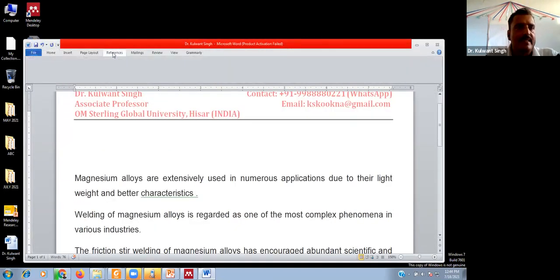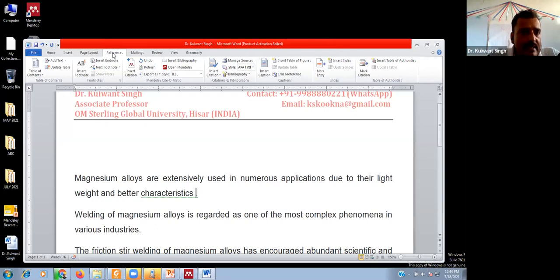This is the reference section in the Word file, and this is the subsection of the Mendeley. There are options: insert citation, undo, refresh, export as, insert bibliography, open Mendeley, and the style, IEEE.